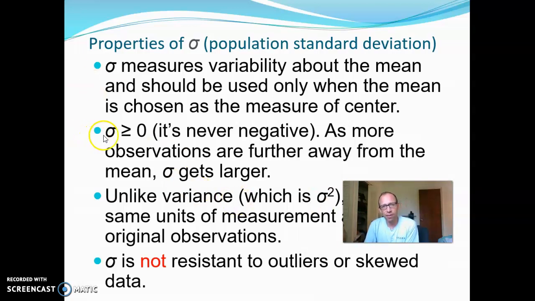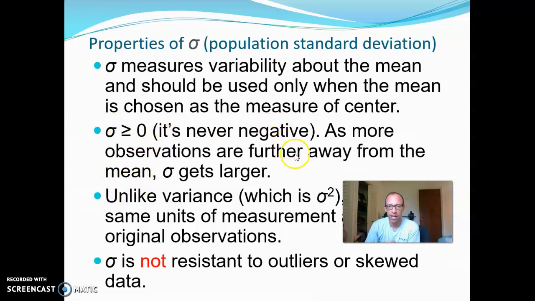Another thing, standard deviation, because it's the square root of the variance, is something squared. So notice here, anytime you square something, it has to be 0 or positive. It can't be negative. Once you multiply something by itself, it has to be positive. So when you take the square root of that, you also have to be positive. So standard deviation can never be a negative value. If you see a negative value, that's not a valid standard deviation. Anything 0 or positive: 0 if all the data points are the same exact value, or if they're somewhat different, then it will be positive. It could be a little bit positive, or it could be hundreds of thousands of something, but it has to